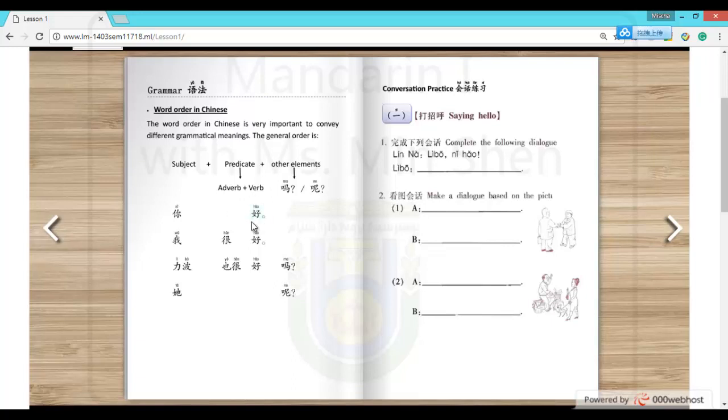The adjective 好 is already considered, or already works, as a verb in this sentence. You are good. And any adverb you should put before the verb, and both of them put together construct the